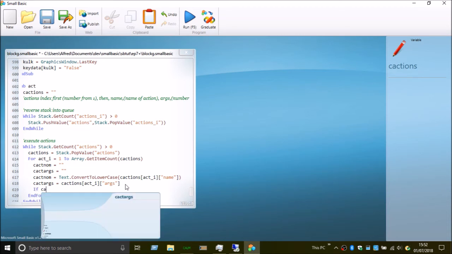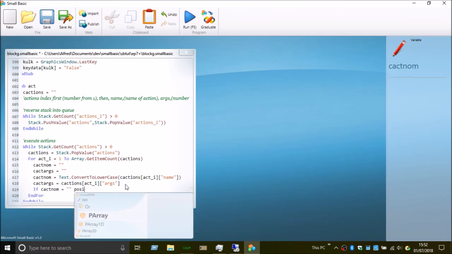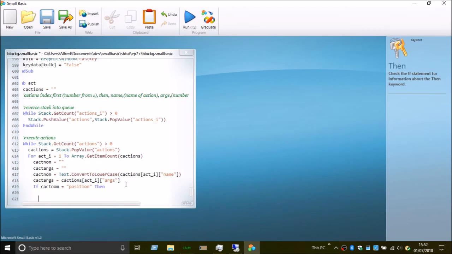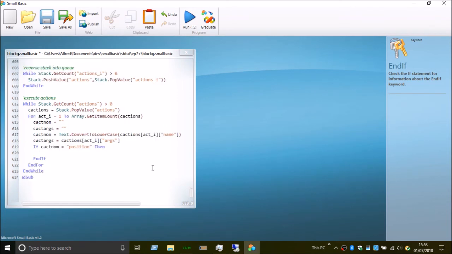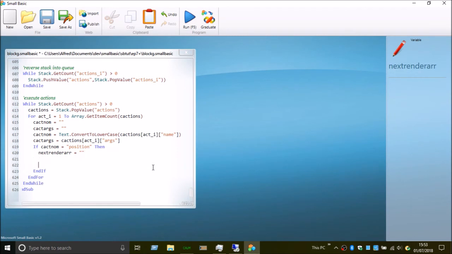The first one is if cat nom is equal to position. Let's stop writing each one. Then if it's position, and if, then... now unfortunately for me I've got a load of stuff to do. So next render R is blank, next render R is blank,